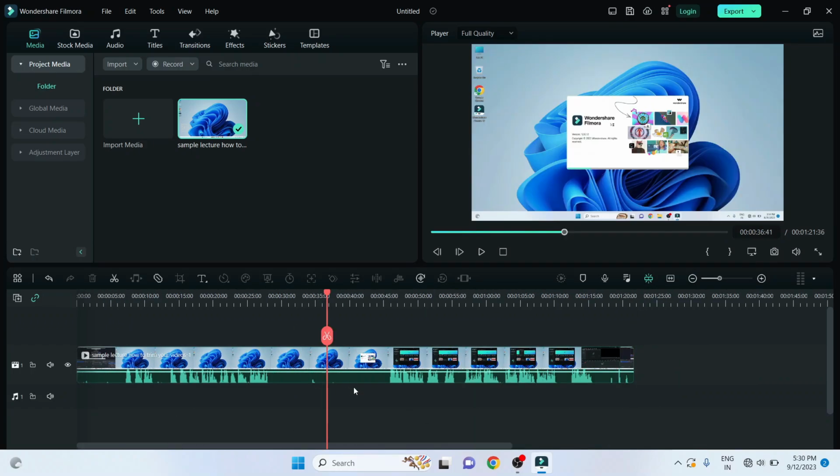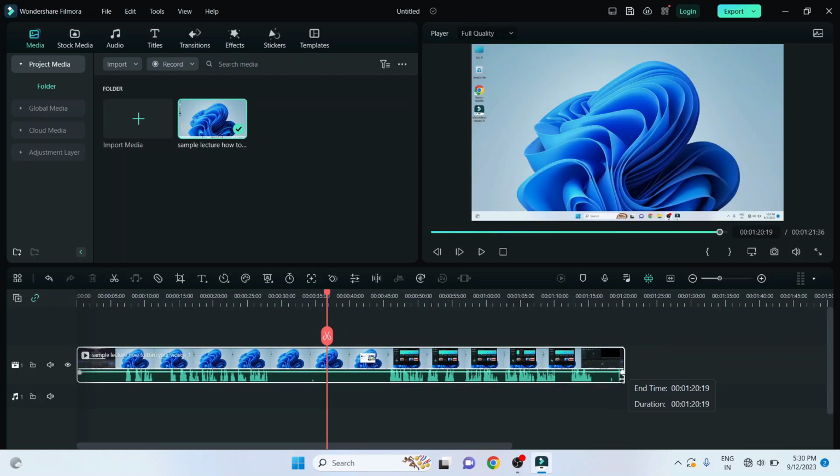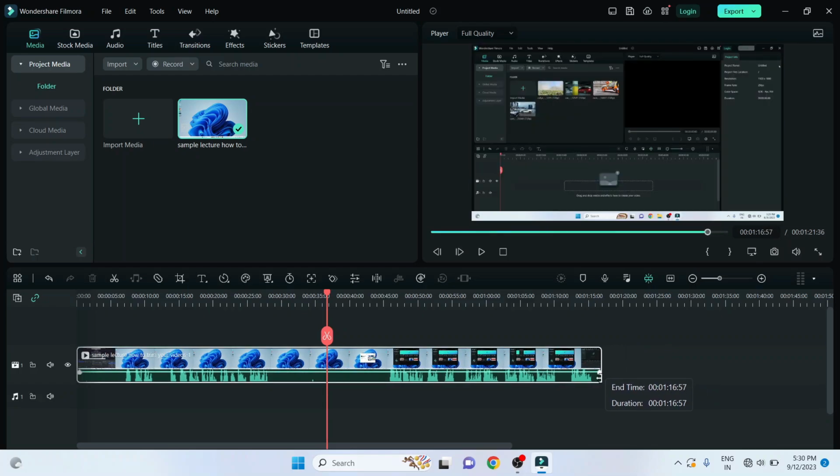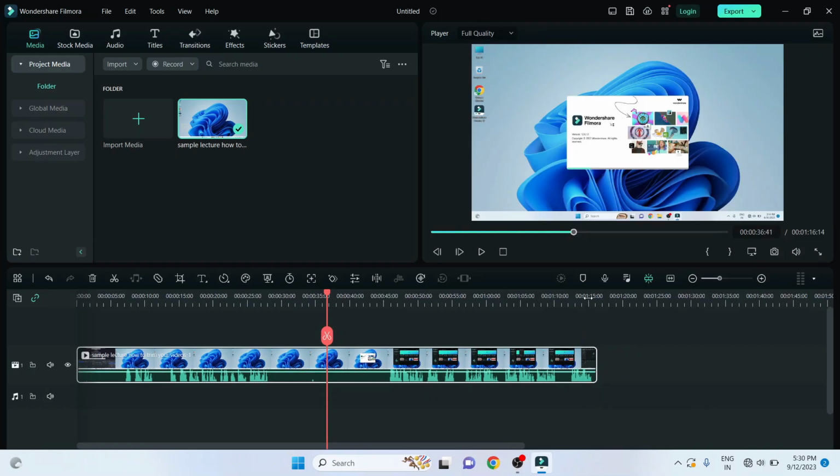So guys, basically the first option is, here you see, if you go to the end of this video, our cursor becomes a T. So we can trim this part from here. I will click on here. If I place this cursor at the left side, then our video is trimming. Here you see our video is trimmed.